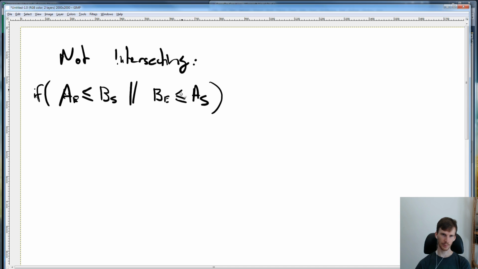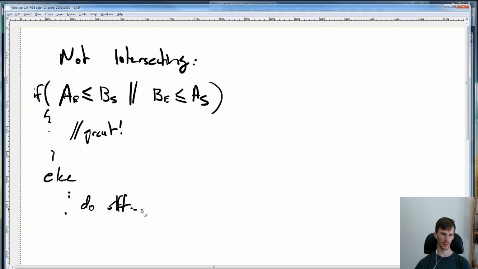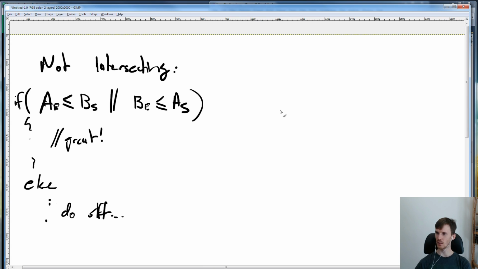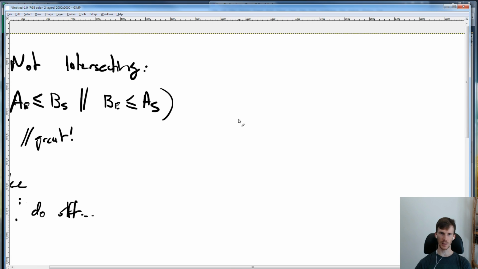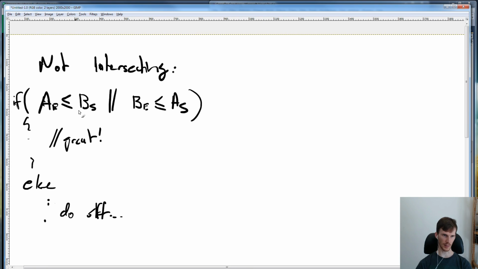Okay, so this is how we detect that they're not intersecting. But if not intersecting, great. But we want to detect, else. We want to detect the opposite, and do stuff. So what we want to do is take that thing we were looking at before, the De Morgan's law, and I'm actually going to erase all of that. Actually,